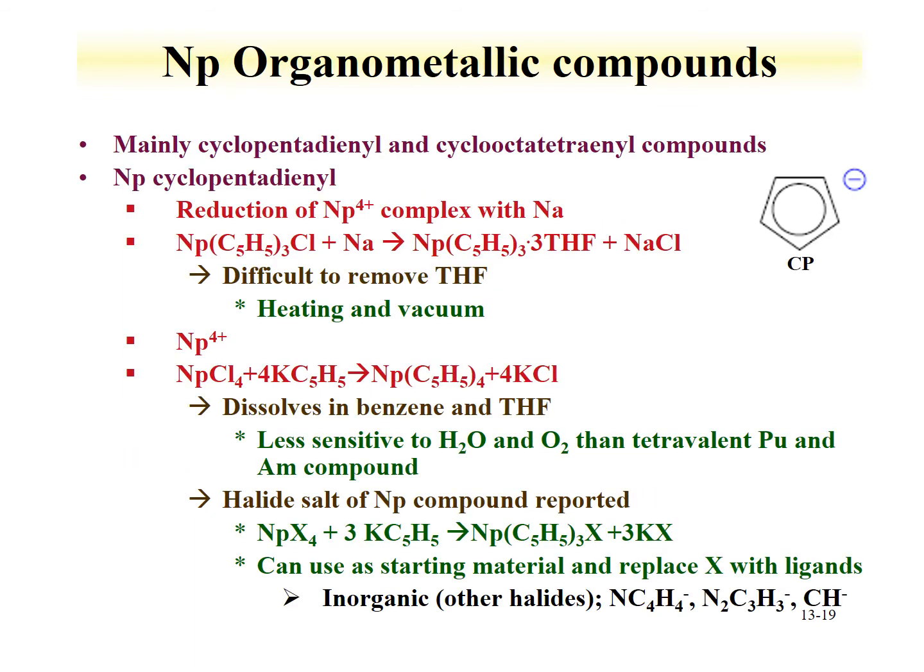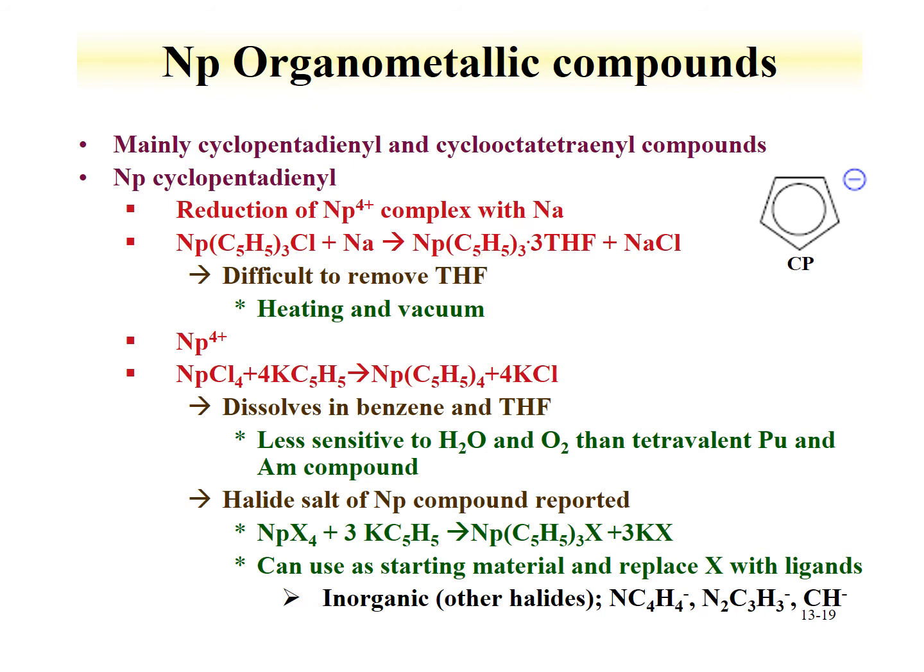An example of neptunium organometallic chemistry is shown here, and it's mainly done with the cyclopentadienyl species, demonstrated here, which has actually been performed for the other actinides. The synthesis route is shown here, where you can take neptunium Cp chloride with some sodium, drive a reduction to get the Neptunium-3 tri-Cp in tetrahydrofuran. It has been found difficult to remove the tetrahydrofuran from this compound, so there's strong coordination still in that